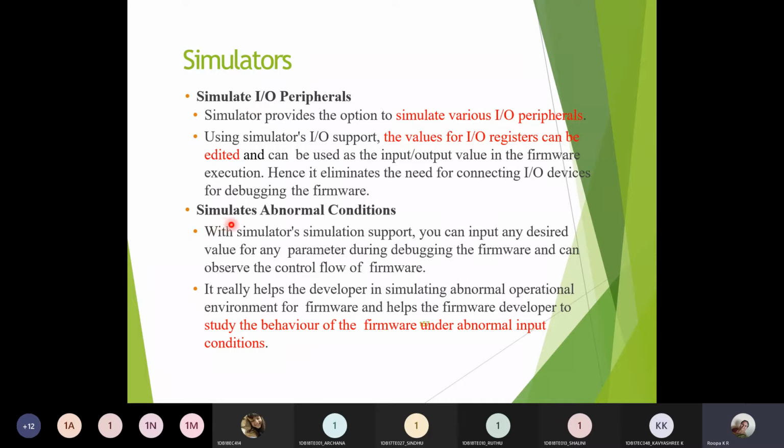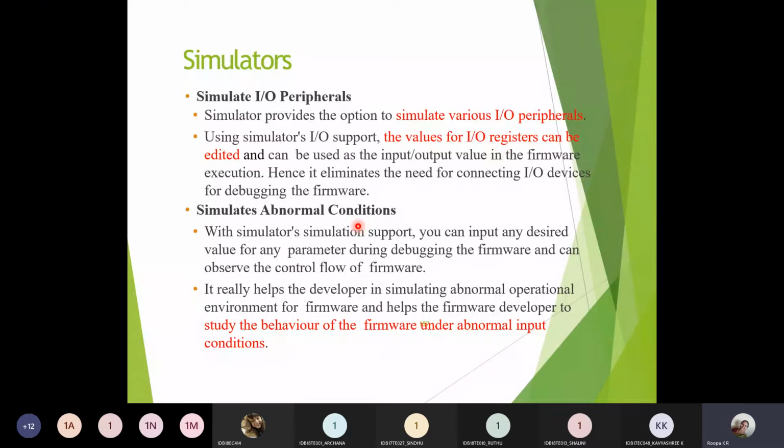So the next advantage is simulate abnormal conditions. Whenever you are designing a circuit using hardware components, if you are giving some input conditions which are not in a proper input range for that particular circuit, then the output will be in an undesired manner. Means you will be getting an abnormal output.